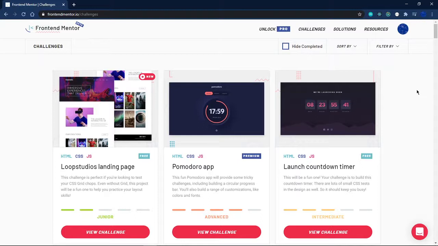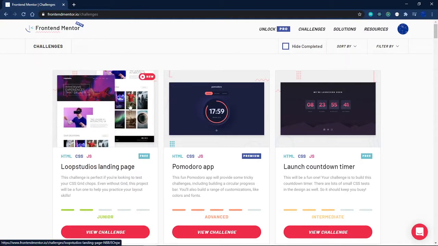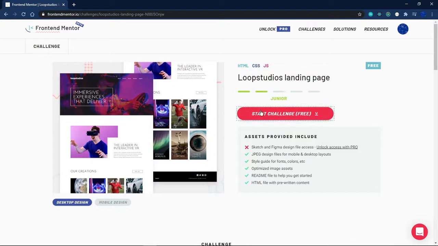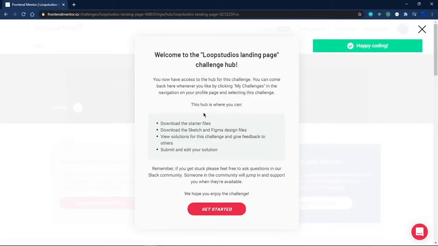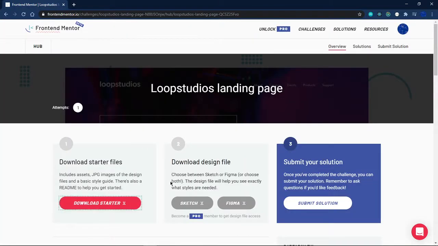Today we're going to be creating a landing page for a fictional VR company called Loopstudios. So you can go to frontendmentor.io/challenges and then just click this card and then click on start challenge. You can read the description if you want. I've already done that. Then you can click on get started and then download the starter file, which will download